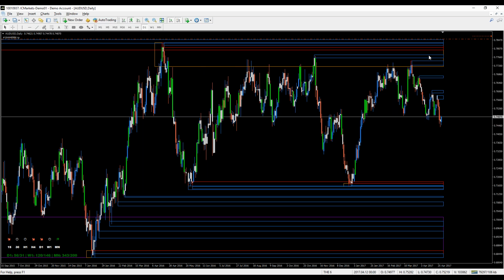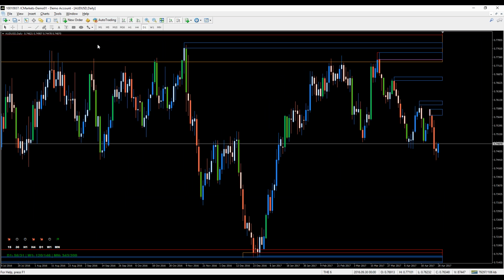Does that mean something to us? It does. It means that we should perhaps be a little bit cautious about buying, because we have an enormous volume of sell orders located in this orange box here, and we've thinned some of them out. But you could see when price moved into this box pretty deeply, we had an enormous rejection here. Then price went up, we had another go, and then another go, and then price managed to move lower. And we have an area of demand down here, you can see,